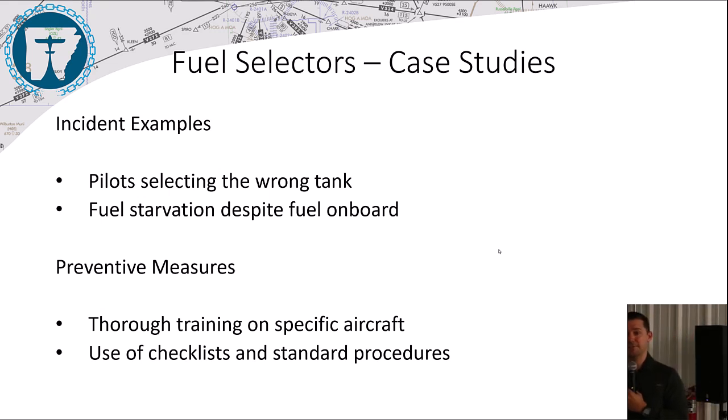I'd feel really confident saying, hey, I need you to go give a sign-off for somebody on how to fly an M35 Bonanza, which is just a high-performance complex airplane, versus finding a local CFI that has never taken a cross-country in that plane. He's high-performance complex rated. He's able to give you the endorsement. He signs you off to go fly the M35 Bonanza, and you don't know the intricacies of that fuel system because